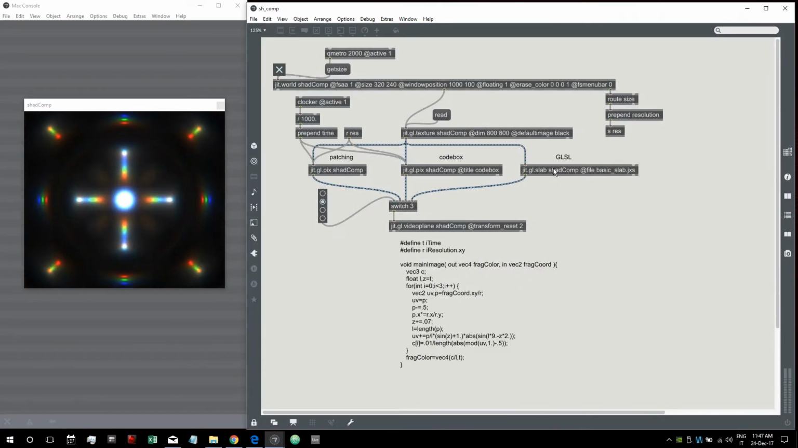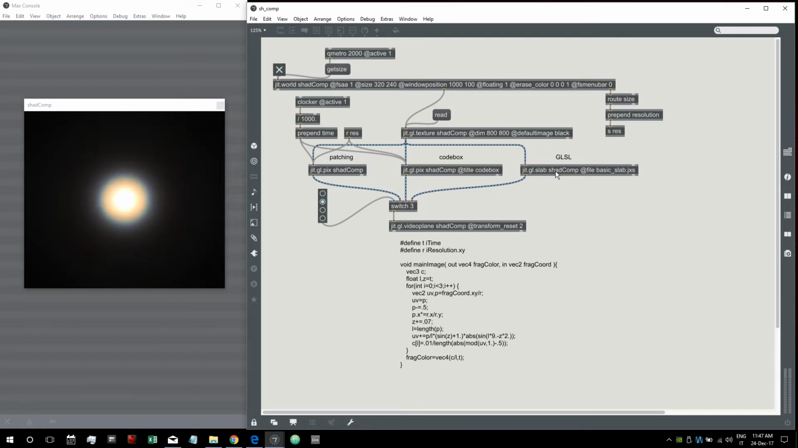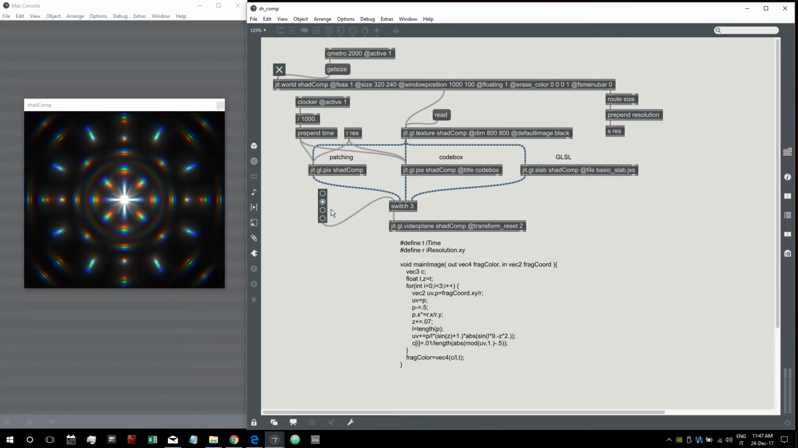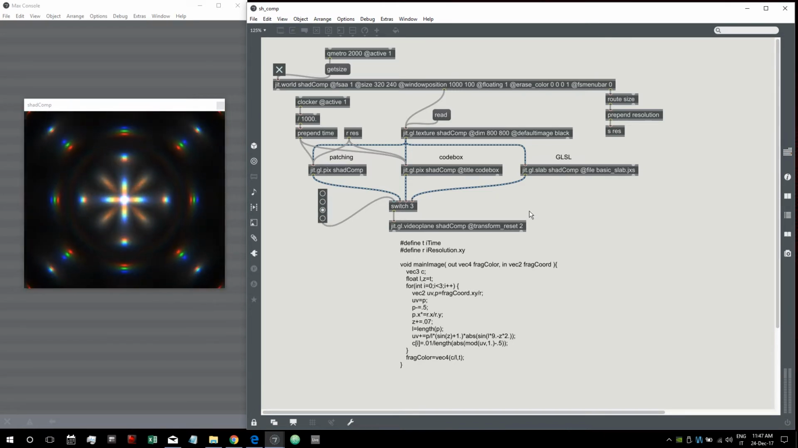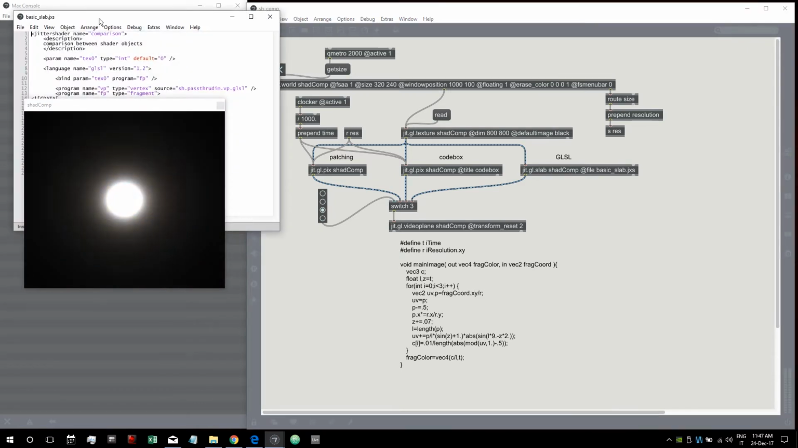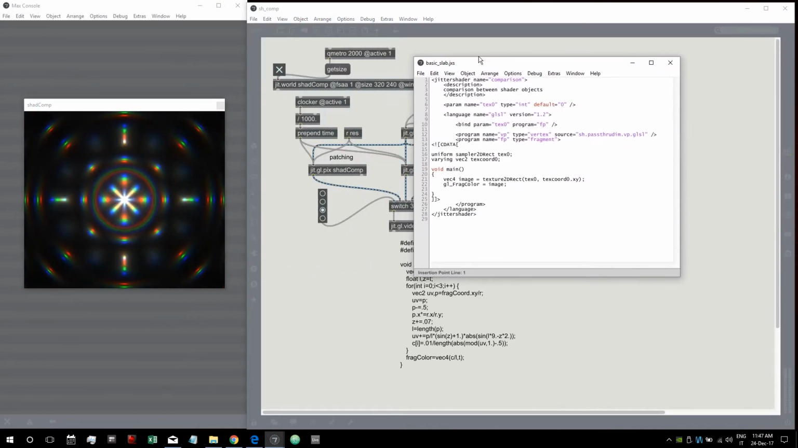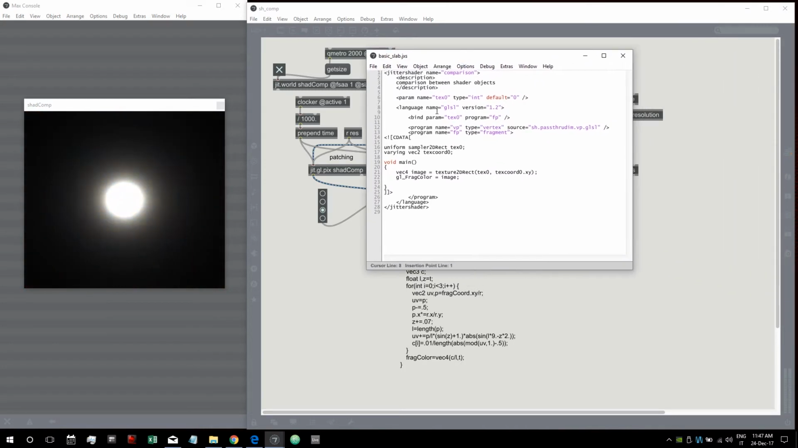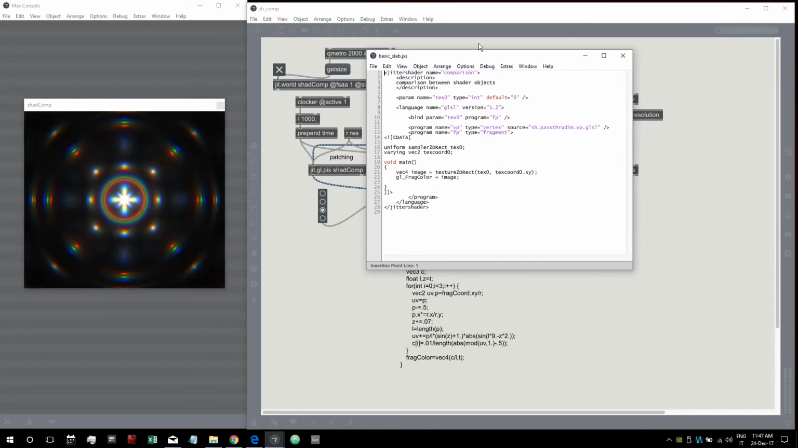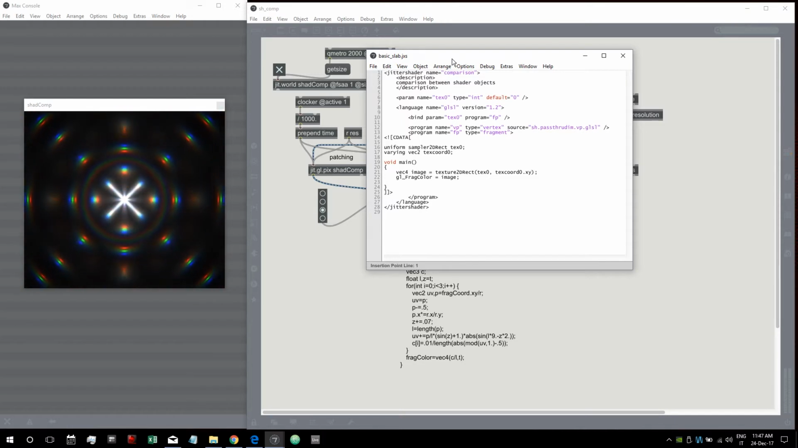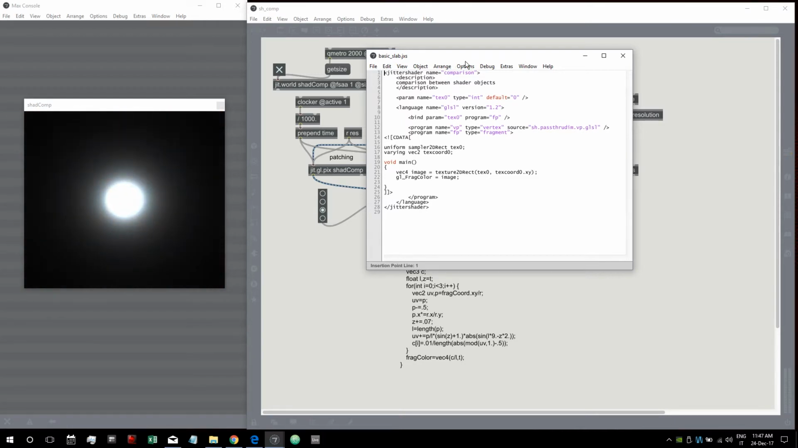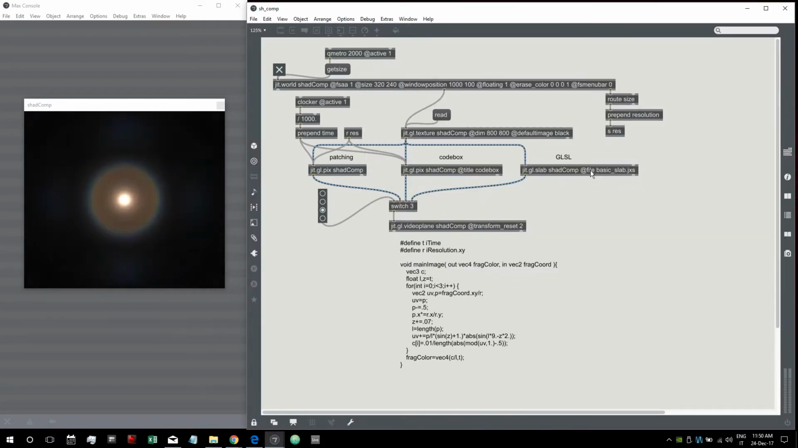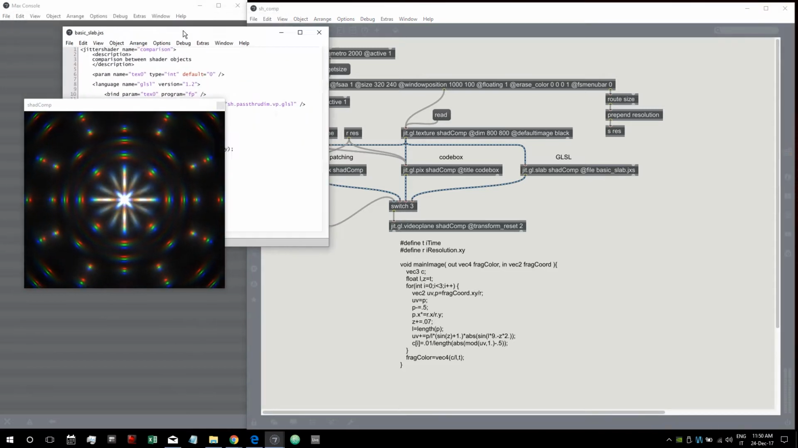In this episode, we are going to use the jit.gl.slab object. So we are going to see how to write this Shadertoy shader inside jit.gl.slab using the GLSL language. So let's get started. First of all, what we need is a pass-through